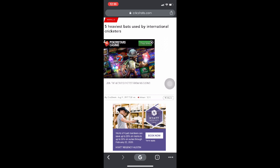Guys, today I want to talk about the bats that international cricketers use. I found this really interesting article that I thought I should share with you guys. The 5 heaviest bats used by international cricketers. So, when we watch cricket, we often tend to ignore the importance of bats